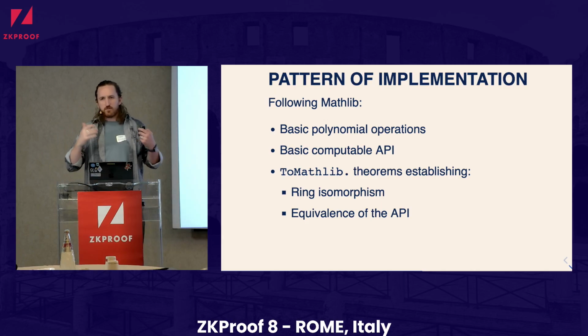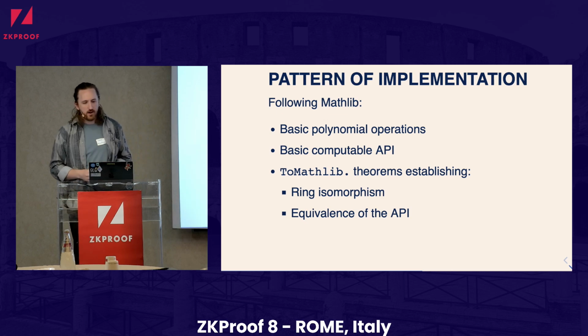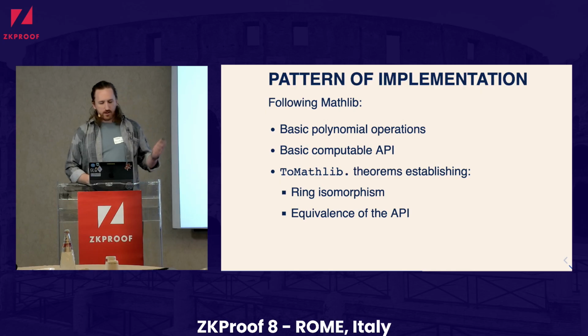We implement a very basic API, just standard operations like add, subtract, multiply, and I guess we'll see them in just a second. And then we have these functions that take your computable to the non-computable and back, and we have ring isomorphisms that we prove. We have ring isomorphisms for all of these,